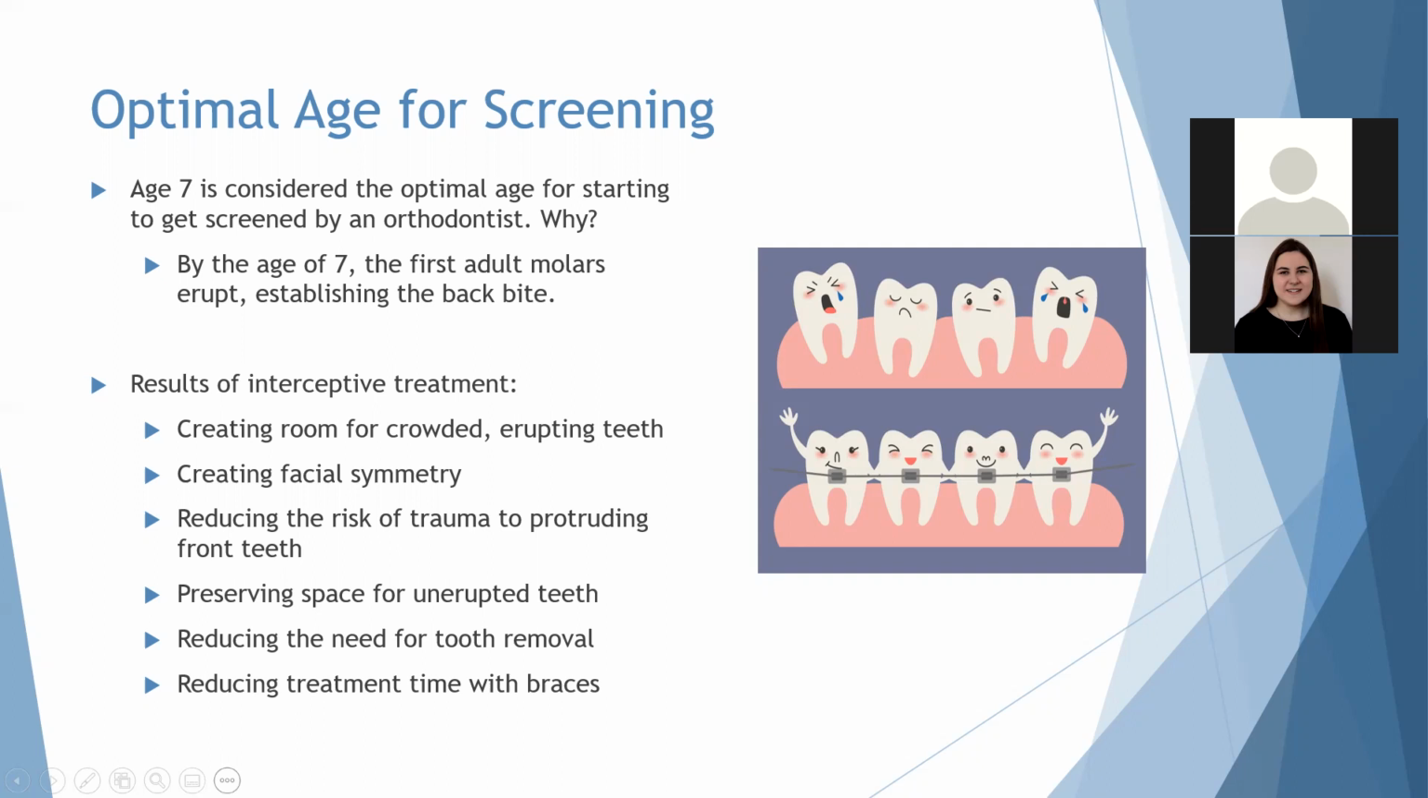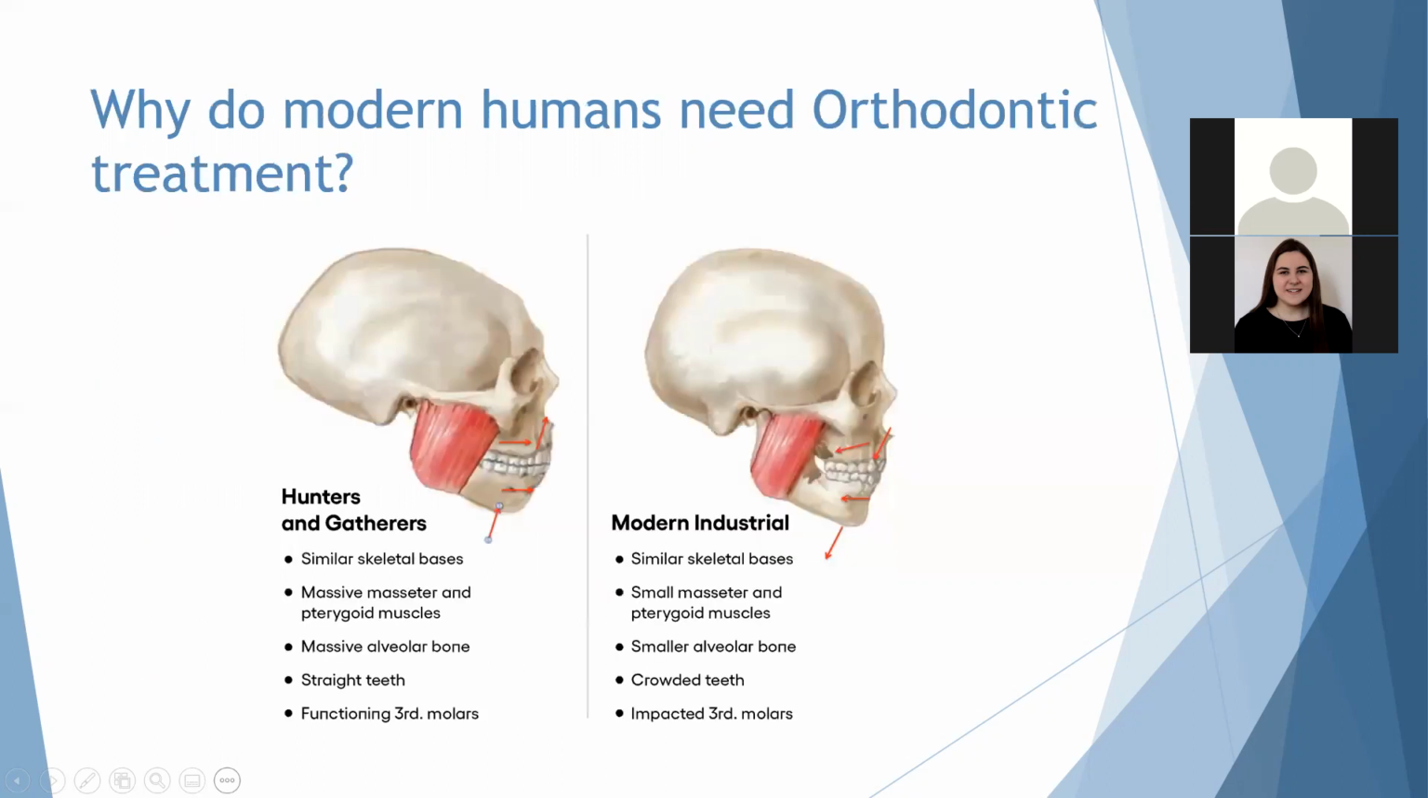So now we learned about when we need it and why it helps us. But there's one question that always fascinated me personally, and that was, why do we need orthodontic treatment in the first place? Like, as a species, why don't other animals need it, or why didn't humans before us need it? So here's a little interesting comparison